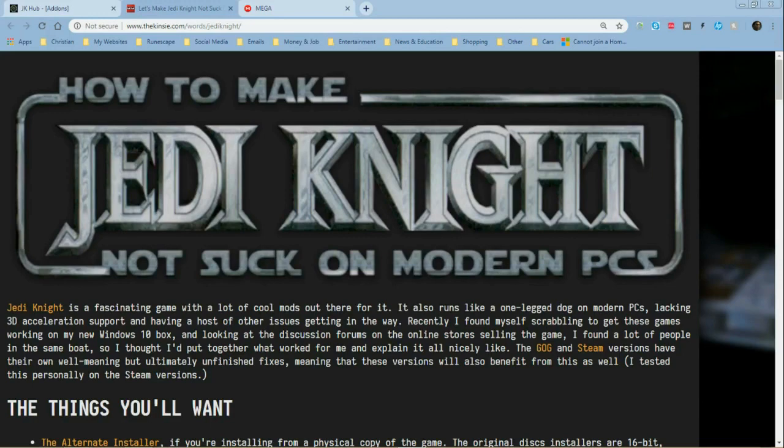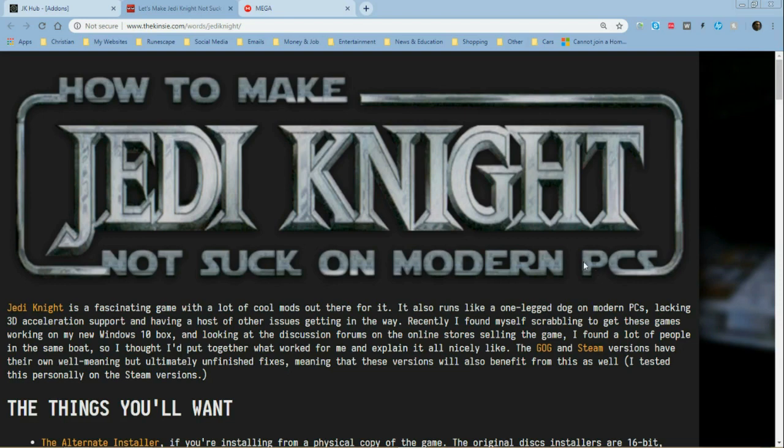If you're here, then you have been trying to get this Jedi Knight Enhanced mod to work on your computer and you haven't been able to do it, but you've come to the right place. This video will show you how to get the Jedi Knight Enhanced version of the game installed onto your GOG